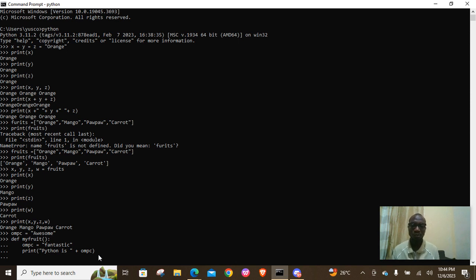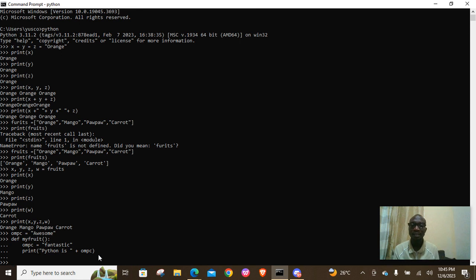Now I need to call the function. How am I going to call the function? First, we are still under the three dots line, which shows that we have to indent. But when you want to call a function, we are through with our function definition, so we have to exit the indent. And that means what? We are going to click on the backspace, then press the enter key. Once you see the three greater than symbols, it means you are back to the normal block